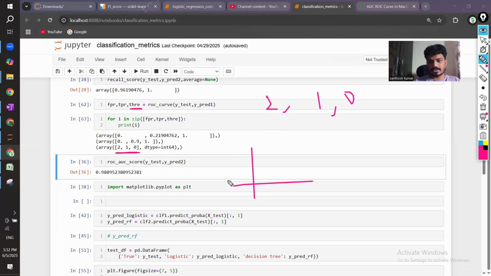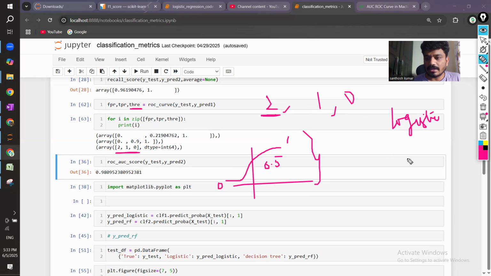Because, for example, in our sigmoid function, we are using a threshold of 0.5, right? And this is a probability. The maximum could be 1 and the minimum could be 0. But how can we have a threshold greater than 2? Because probability cannot be greater than 1. So the point here is, usually for logistic regression,